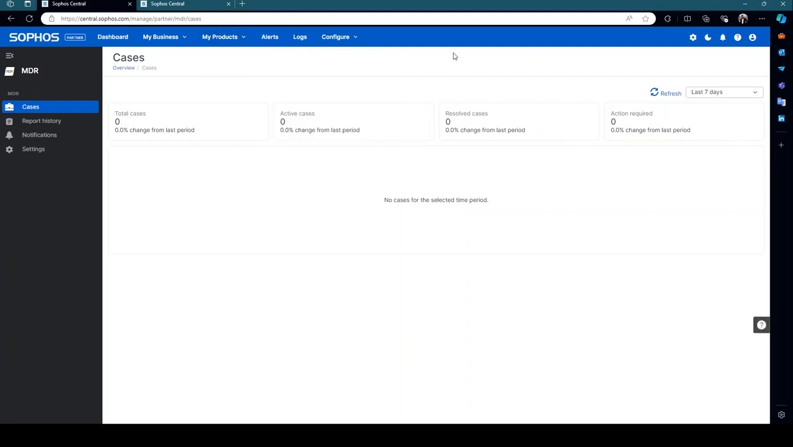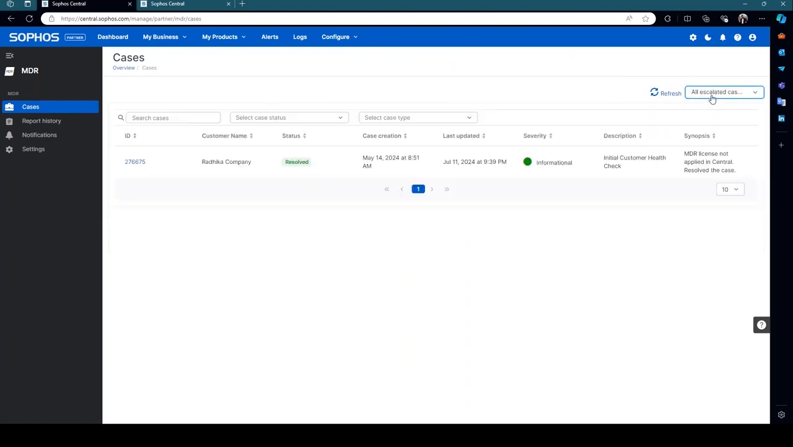You would see any potential ongoing case for any of your customer tenants or associated customers that are using MDR in here. And you can either intervene, you can act on their behalf if need be, and if the customer has permitted that. The next thing that we can see here is a little filter, if you want to see all escalated cases, for example,